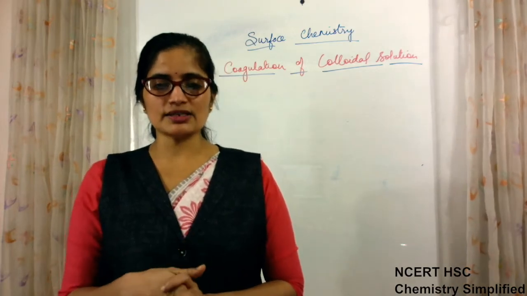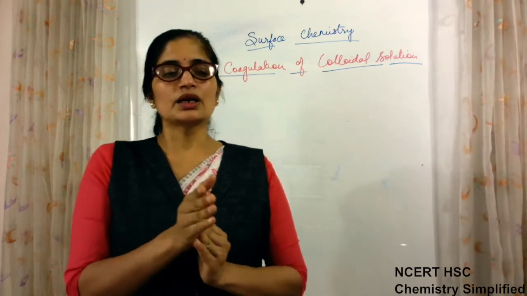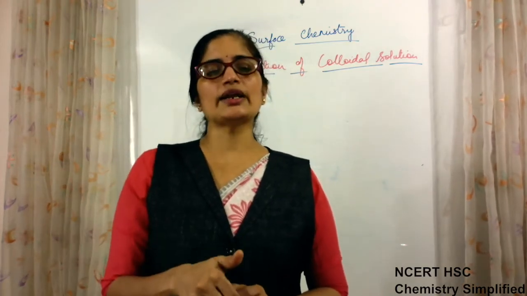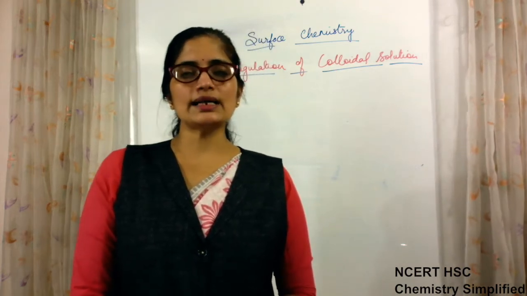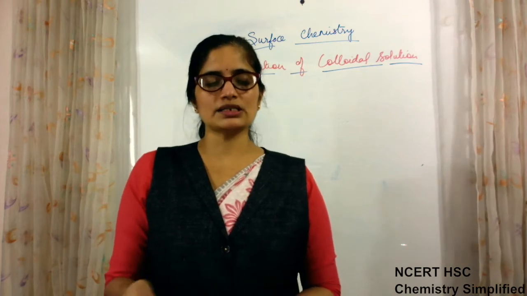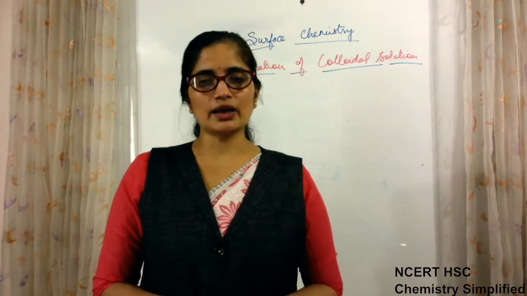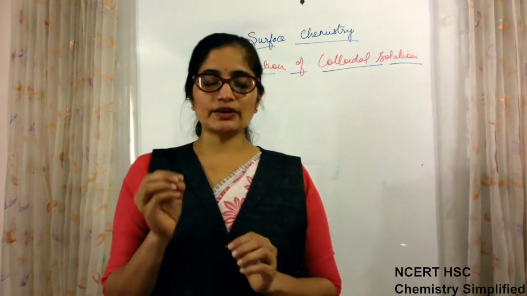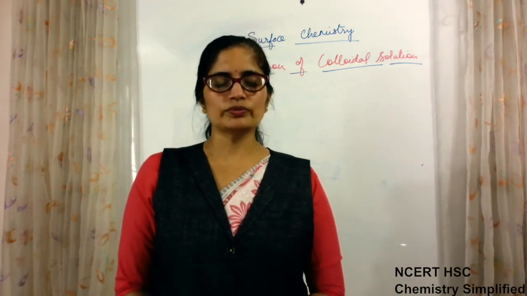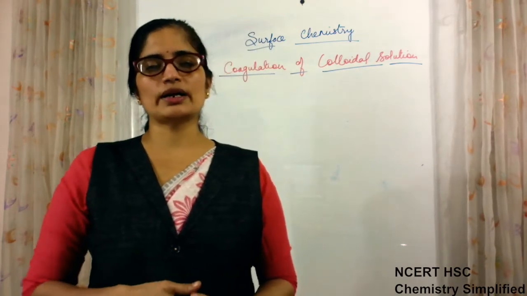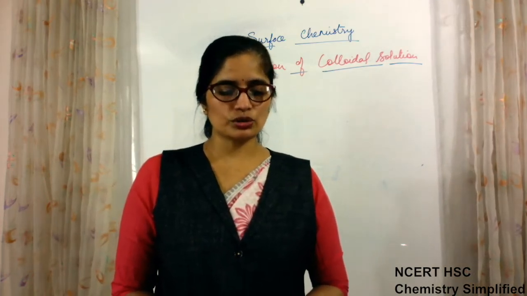So the first thing required is to loosen the bond between the dispersion medium and the colloidal particle, and only then can any electrolyte attack it. For that purpose, we have to add a solvent like alcohol. If the solution is already prepared in water, then we need to add either alcohol or acetone, and that will decrease the attraction or the bond between the two. After that, a small amount of electrolyte is added that can cause the coagulation of the solution.